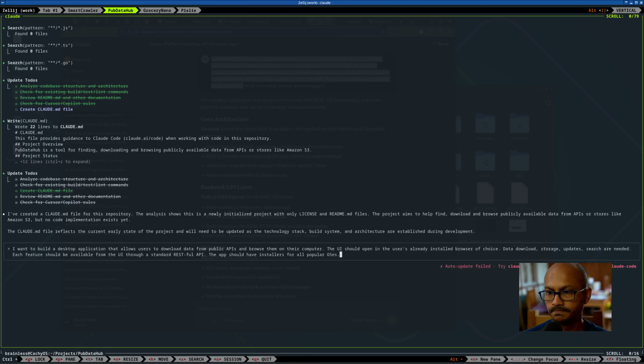I'm going to paste it here. I want to use Go for the backend and React for the UI. Please create tickets on GitHub to initialize this project with backend and UI. Also create tickets to automatically generate